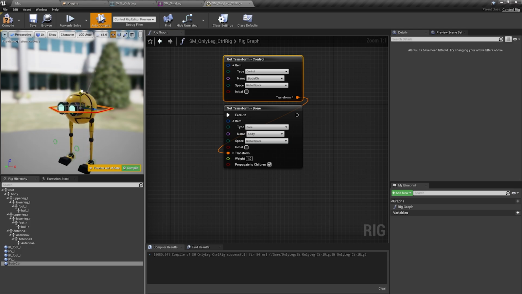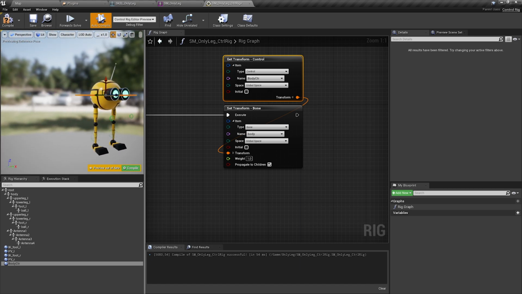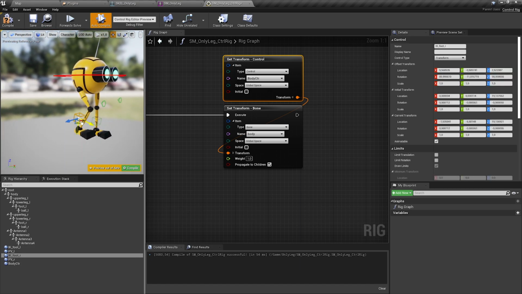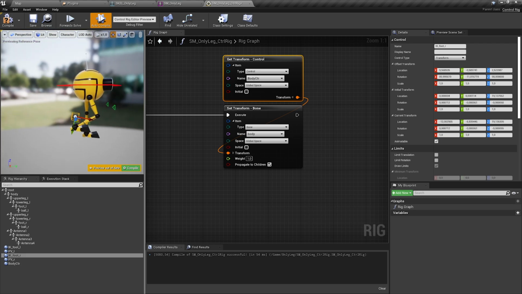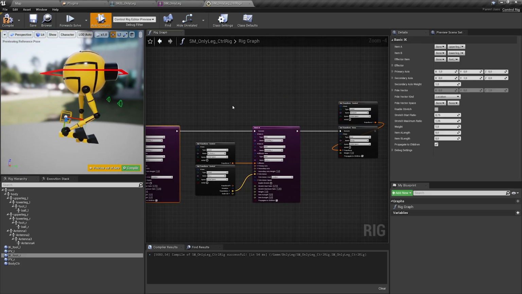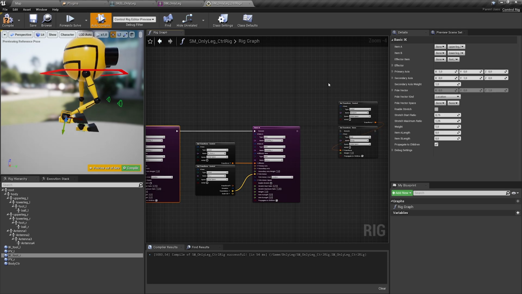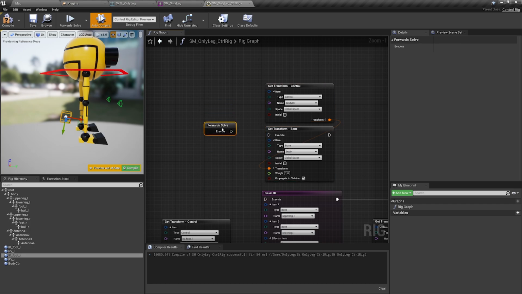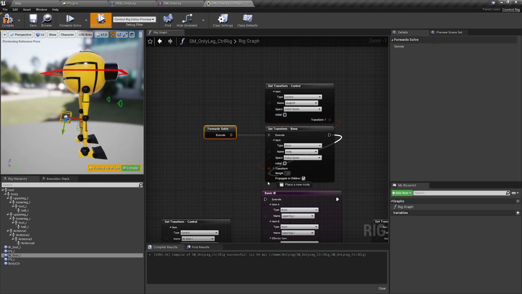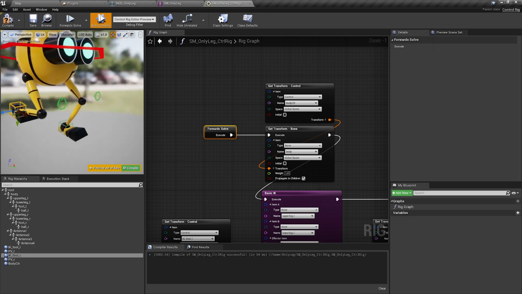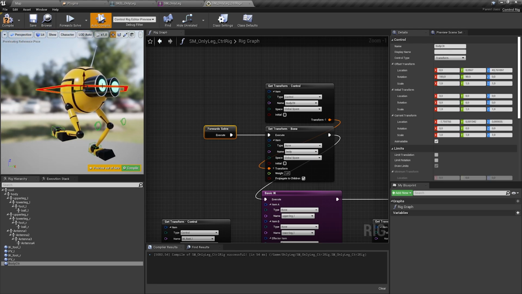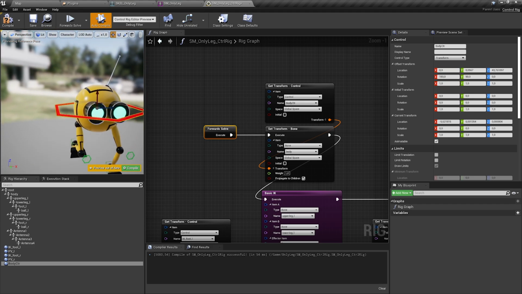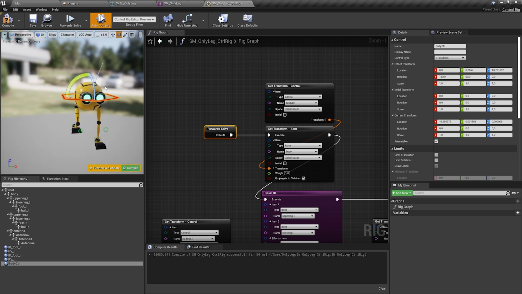So if we move him around, you can also see now that as we do the control for the body after the IK, it feels off. So we can change that. And here is why the order really matters. So let's unplug that and let's do the body control before we do the IK. So first we do that, and then after that we solve the IK for the foot. And now you can see it fits and is what we were looking for. And we can move his body and his legs now. It's the first time this character comes to life. I really love this part.